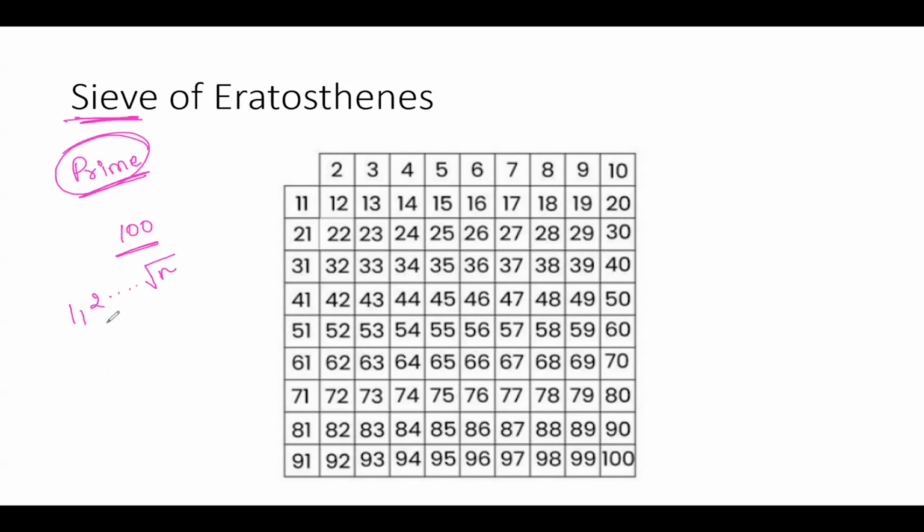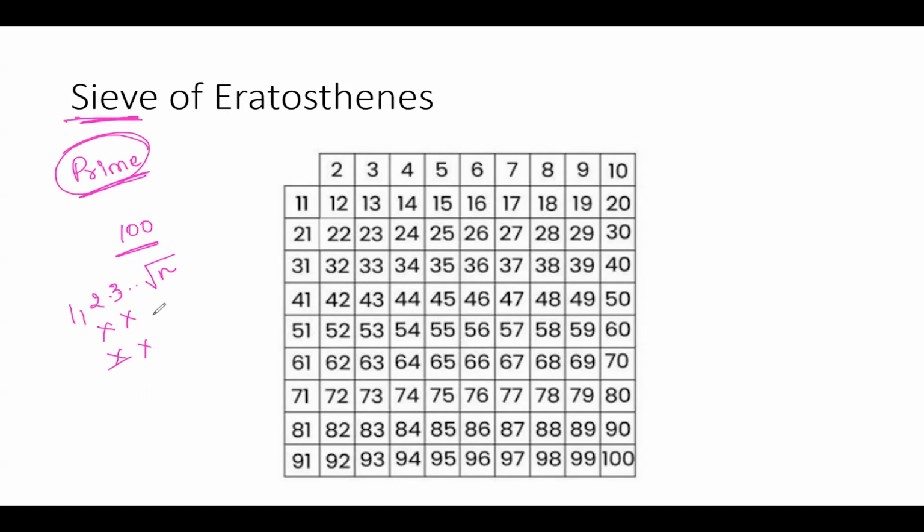Next, usually we will not start with the 1 because we just want from 2. That's the reason I have removed 1 here. So 2, what are the different multiples of 2? I'm going to cross out all the multiples of 2, because I do not want the multiples of them to be there, as it is very simple and clear that they are not prime numbers because they are divisible by 2. Similarly, 3, I will cross out all the multiples of 3, etc., etc., up till the square